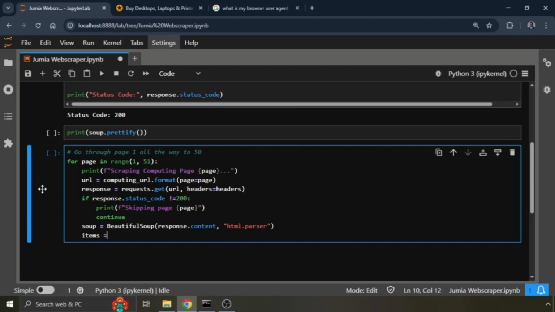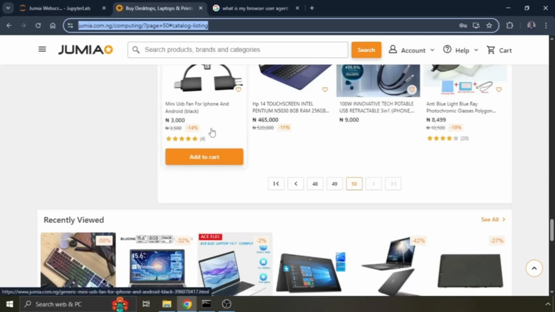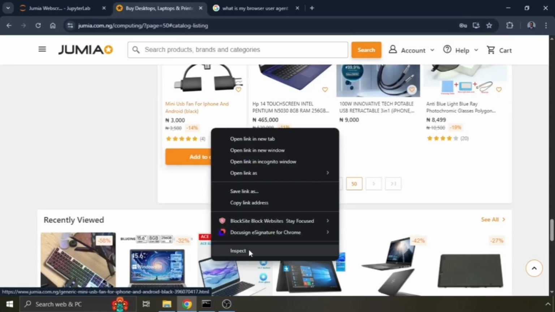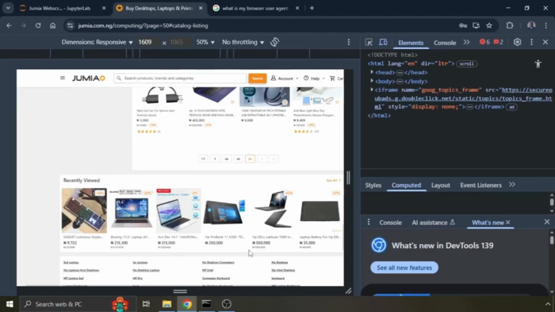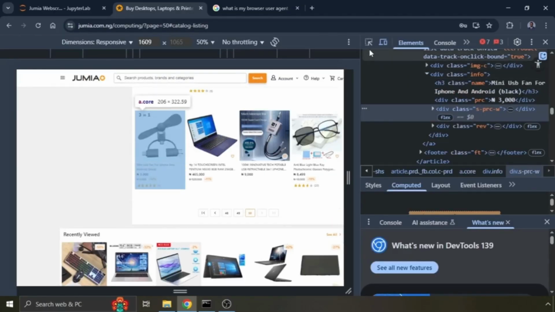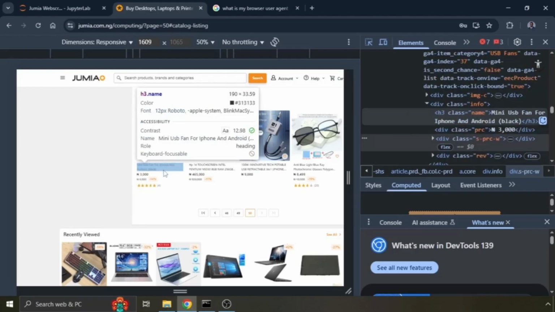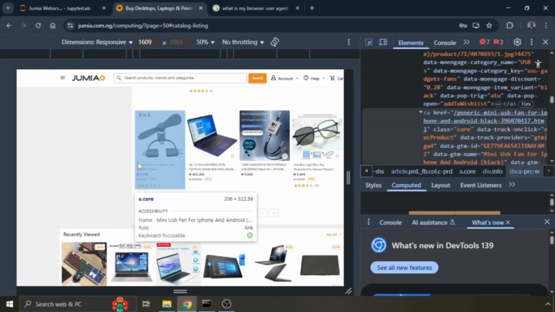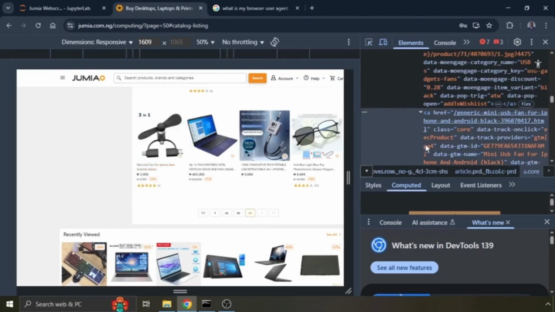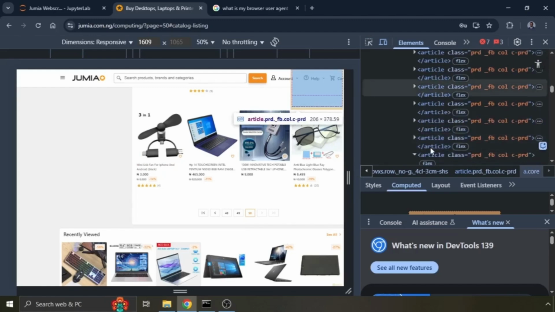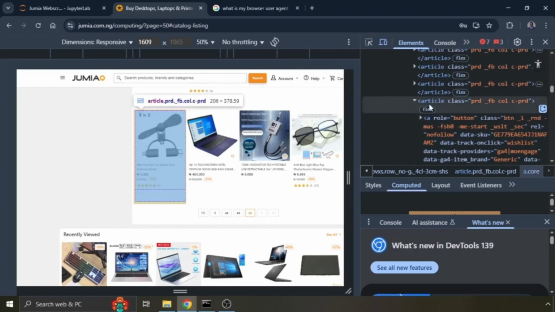And we'll set our items to soup.find_all. And here's where it gets interesting, because we want to get the HTML tags and classes of all the labels we are looking for. So I'm going to right click here, click on inspect, and click here so I can select. I got this. So if we scroll up, we can see that every card is in an article tag